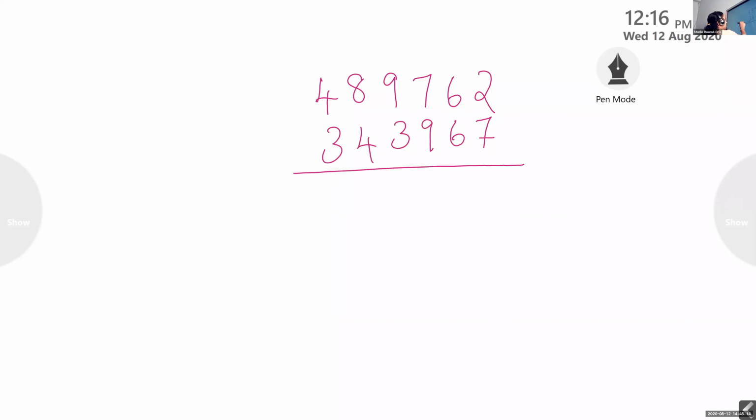Okay, now do this number. Both numbers have the same number of digits. Ones, tens, 100, 1,000, 10,000. Then what will be coming? Isha, please unmute and speak. Ones, tens, 100, 1,000, 10,000. After 10,000, then lakhs. Okay, so here it is a 6-digit number: 1, 2, 3, 4, 5, 6 digits.